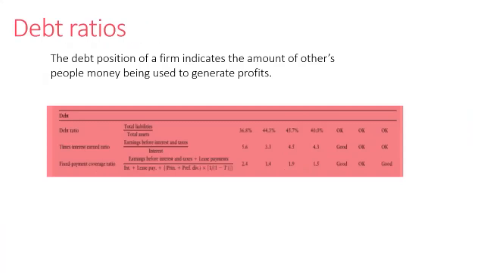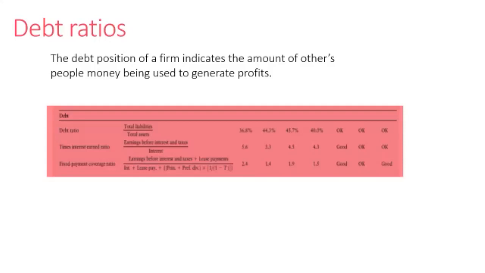Now, the debt position of a firm indicates the amount of other people's money being used to generate profits. Now, for debt ratio, we have total debt ratio, total liabilities over total assets. So we know that we're going to find those in the balance sheet, right? We're going to find that information in the balance sheet, and we just work the ratios. You would have done college algebra, you would have done accounting 1, so you know where to find these items in your financial statements. If not, review your financial statements so you know where to find the information, as well as